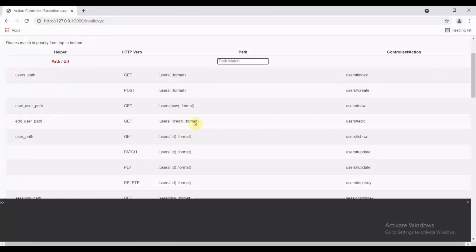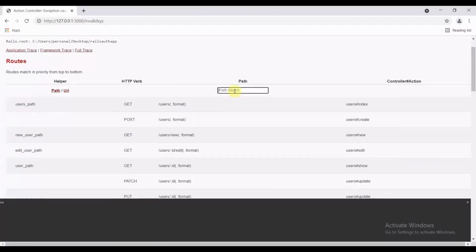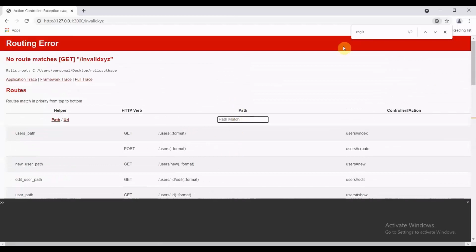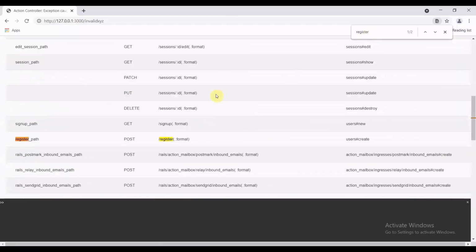Now you get this, and now you can type register, you can search from here as well. It says register underscore path, which hits users create. So I can copy this register underscore path,